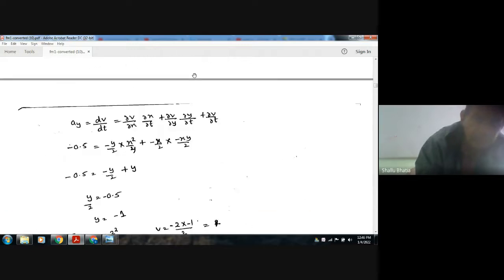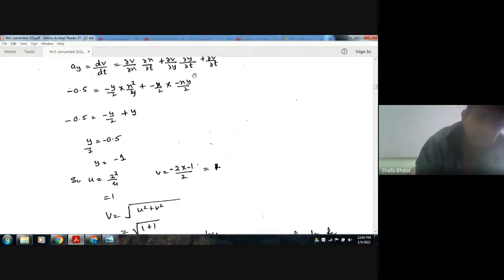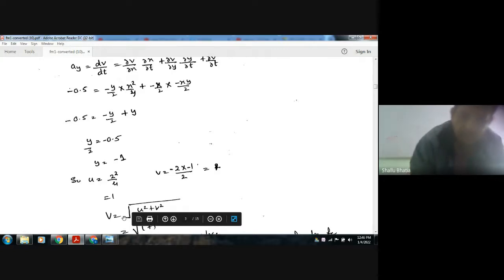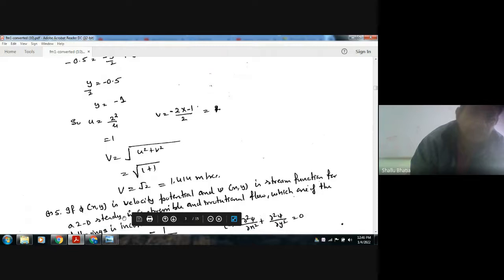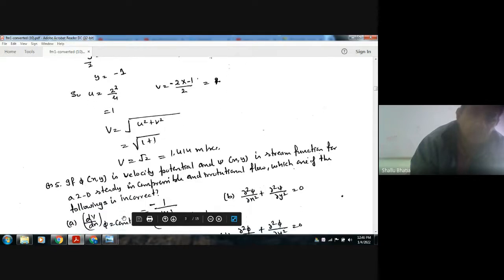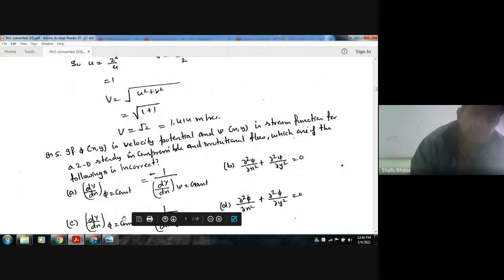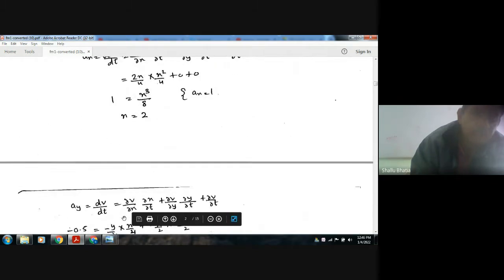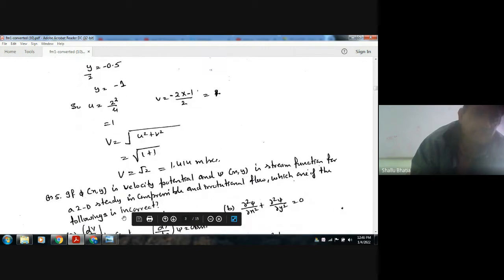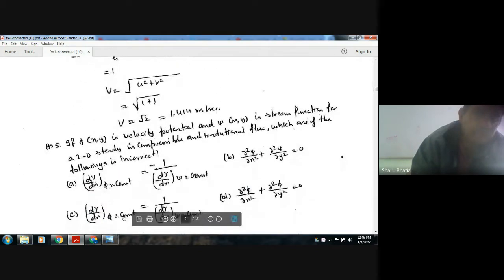So v is 1 and u is 1. The velocity at this point is root of u square plus v square, which is root of 1 plus 1, so V is equal to root 2, which is 1.414 meter per second. That is the answer. The correct option is option 4, root 2. Next,